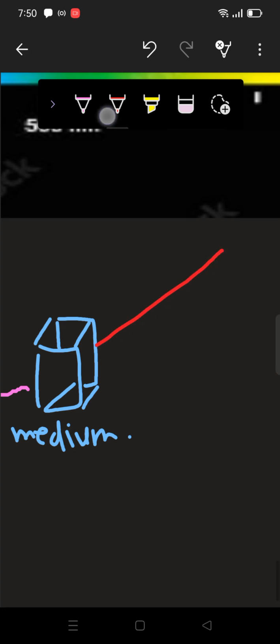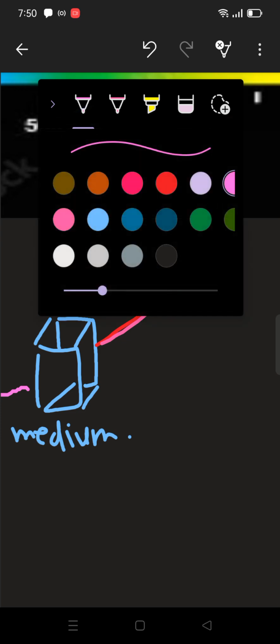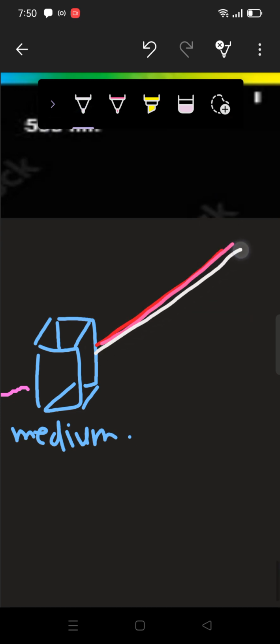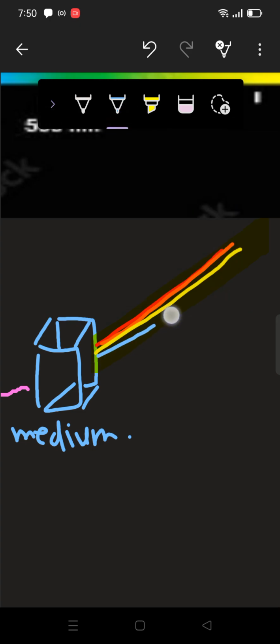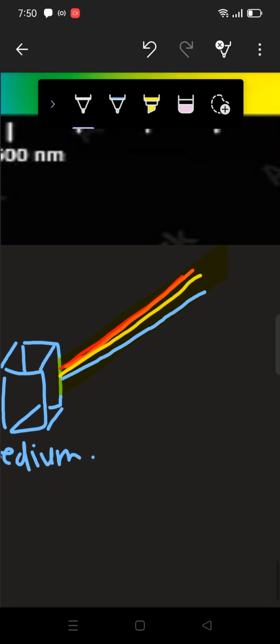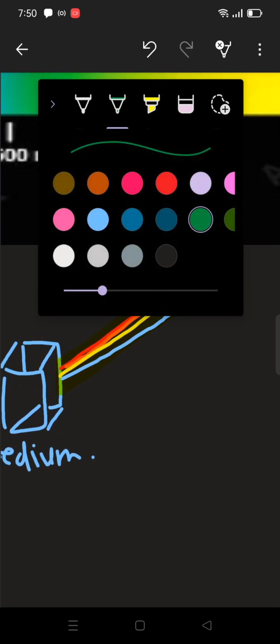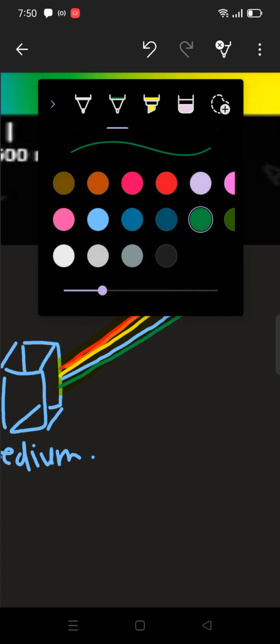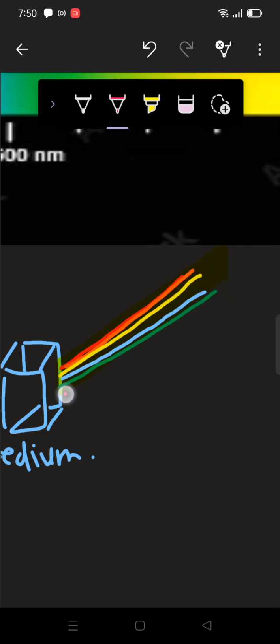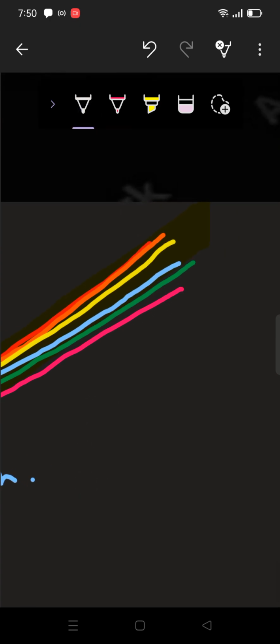Now it will be red, pink, yellow, blue, right? There would be a lot of colors. Green, right? There would be green. Basically there would be 7 colors,